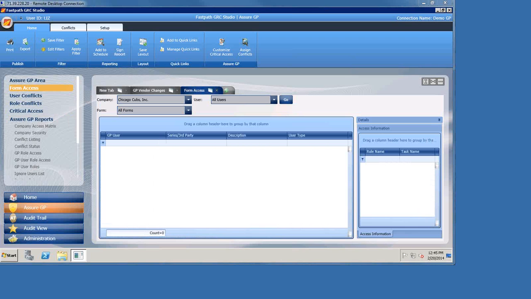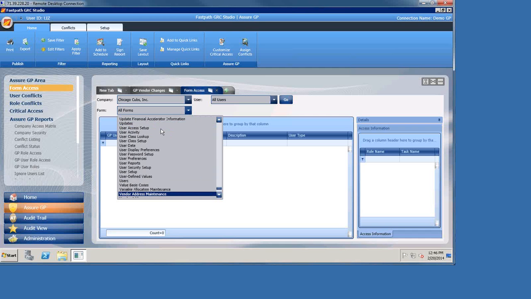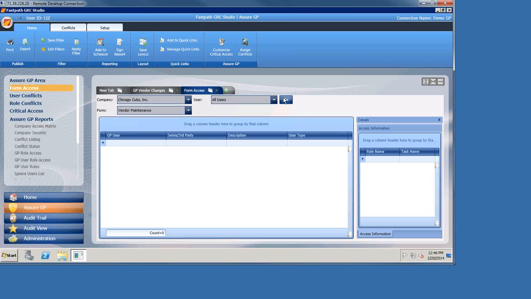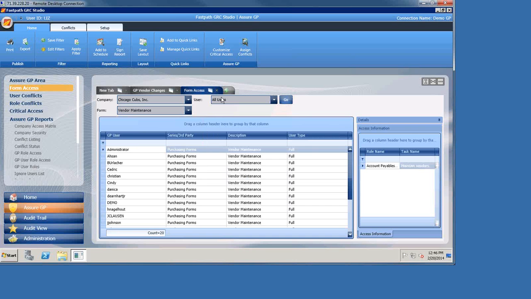So a lot of times auditors will come in and say, hey, who has access to vendor maintenance? And like I said, in GP, you have to say, okay, well, vendor maintenance is the window, these are the tasks, these are the roles, so now I have to find the users that have these roles, and it can be a little bit cumbersome. Here, all you have to do is just find the form name. So we can even start typing it. So if we look at vendor maintenance and I click go, it's going to tell me immediately who has access